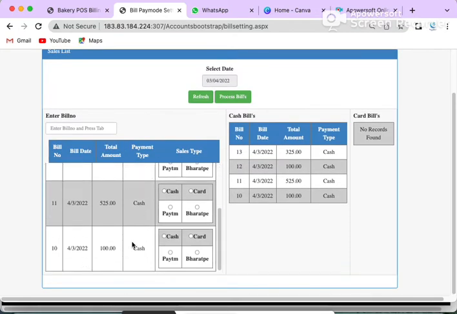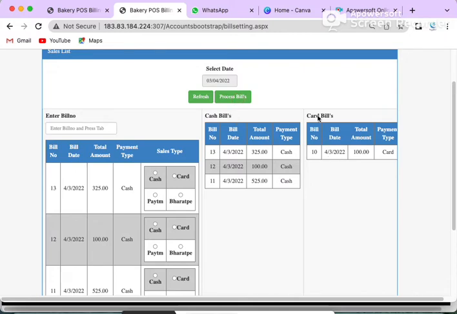So this is a cash bill. Number 10 is a cash bill. Now I change it to a card bill. That is possible. Now I click and process the bill. Now it comes under the card bill. So when you want to take a report of how much cash is available in your denomination box, in your cash box, to submit to the manager,